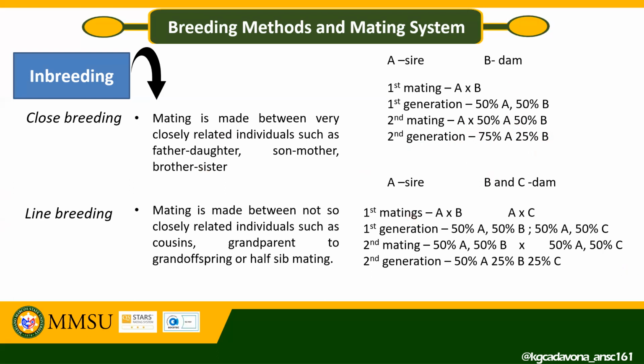Now, what about line breeding? In line breeding, this is the mating of animals which are more distantly related and can be traced back to one common ancestor. The examples of this would be the mating of cousins, grandparent to grand-offspring, or half brother to half sister mating, what we call half-sib mating. So basically this is